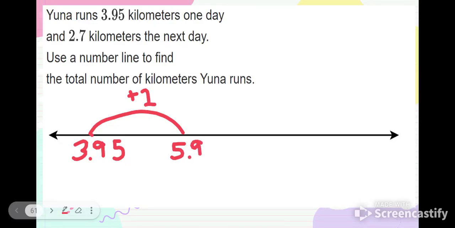So I added the whole numbers from here. Now, here comes the trickier part. I have to add 7 tenths to this number here. So I'm already at 5 and 9 tenths and 5 hundredths, so I know adding 7 tenths is going to take me into the next whole number. So let's start, instead of adding 7 tenths all at once, let's just add 1 tenth to start. So plus